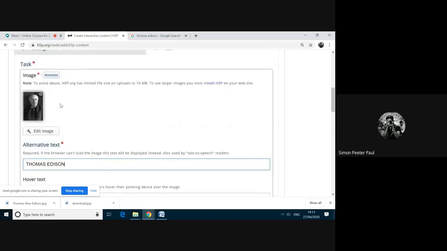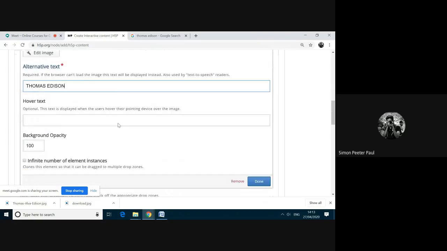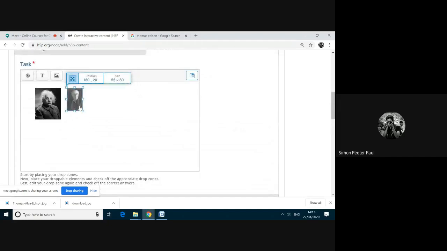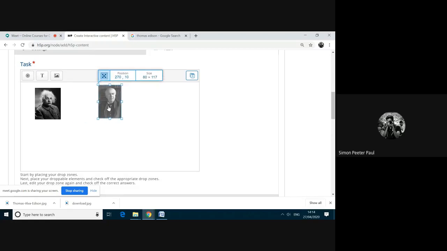Suppose if you have uploaded the image wrongly, I already told you that we can click this cross symbol to remove the file. Now I'm clicking the done again and I got the another image. And then I got Edison's image.